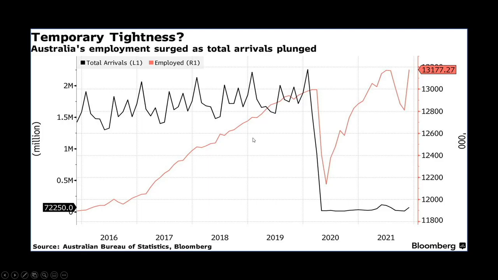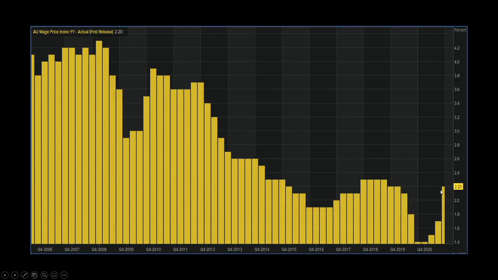Now, the one caveat to this, though, is there was an article in Bloomberg over the weekend saying that the overall border reopening in Australia that's kicking off this week could see some of the current tightness that we're experiencing in the labor market fizzle out, because there will be a huge inflow of new workers into Australia. And we can obviously see that the total arrivals has been one of the key drivers for that tight labor market. So some economists out there are saying that the moment we see those international borders open up, maybe that removes some of the tightness in the labor market, and maybe that forces wages down again instead of up as the current expectations are.